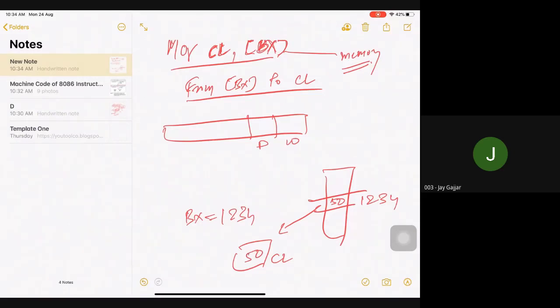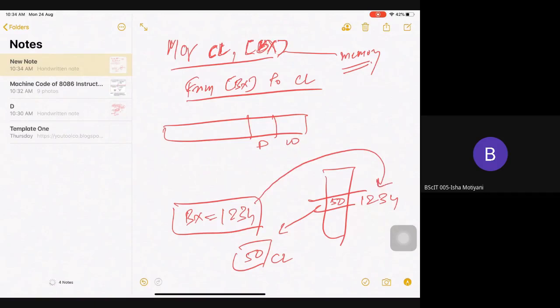How does this instruction work? If I am writing MOV CL, [BX], it will first go to the BX register and find out the value. This is the value of my memory address, so I will go to that memory location, and whatever is stored at that location, I am copying into CL.